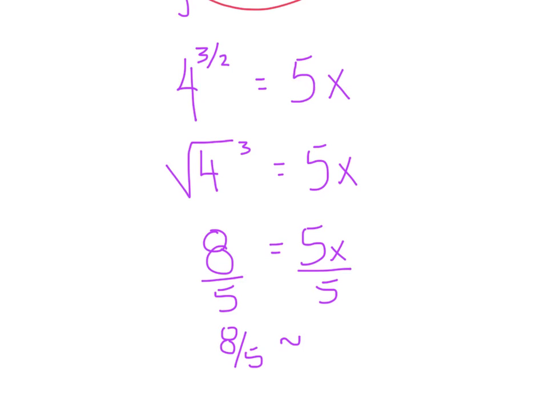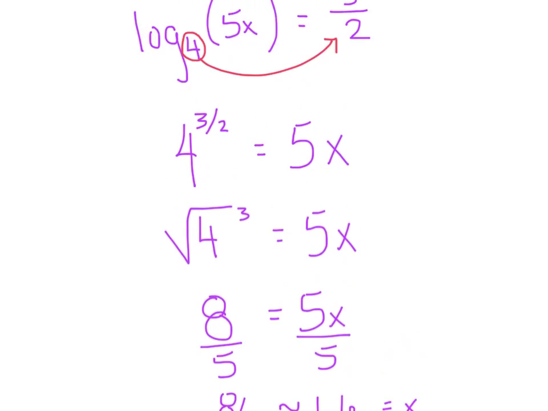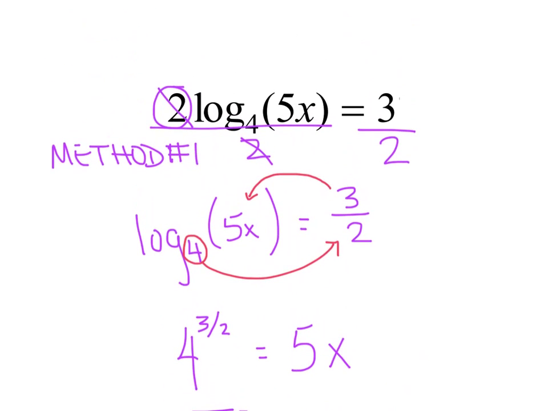is approximately 1.6. Alright, and I'm just going to go back and check the domain. The domain basically said as long as this quantity is positive, as long as 5x is greater than 0, divide both sides by 5. As long as x is greater than 0, we're good, and the answer that we just had was certainly greater than